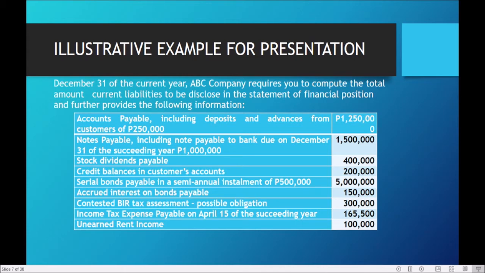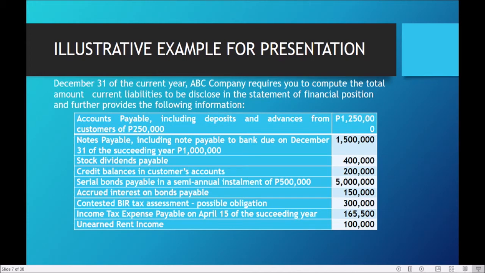Lalabas, we just reclassify the retained earnings into an equity account. Wala pong actual resources na nag-outflow from the entity. It retains to the entity. So, it will not qualify as a liability. Kaya, hindi ko po yun isasama as a liability. So, ngayon, yung